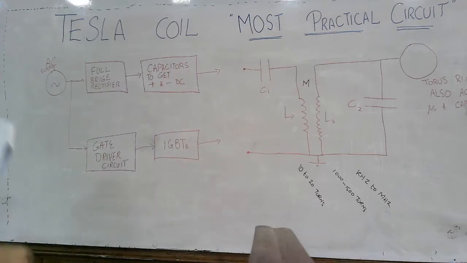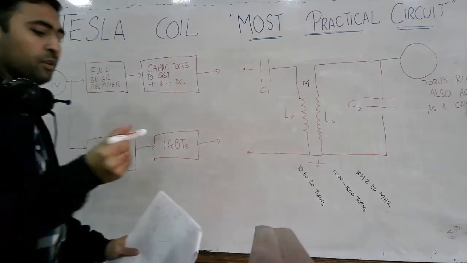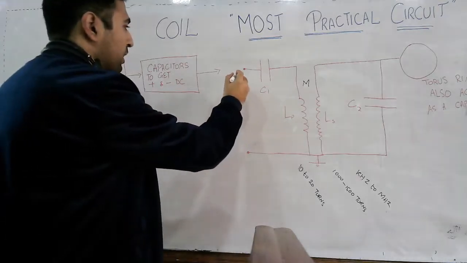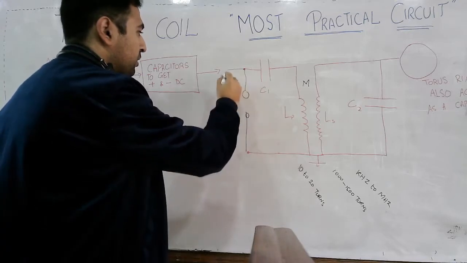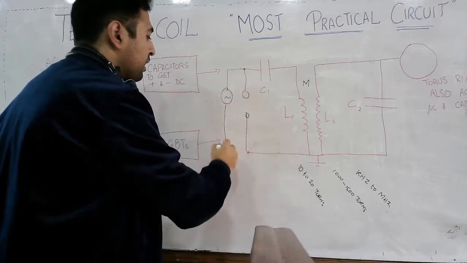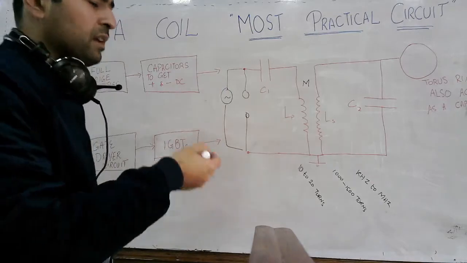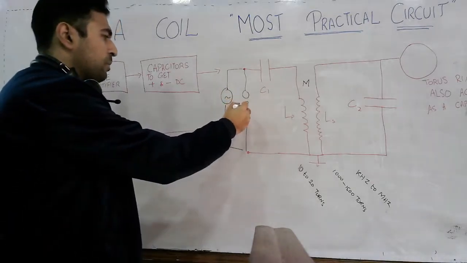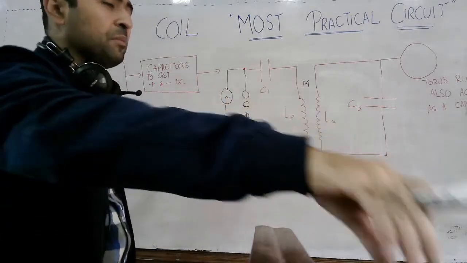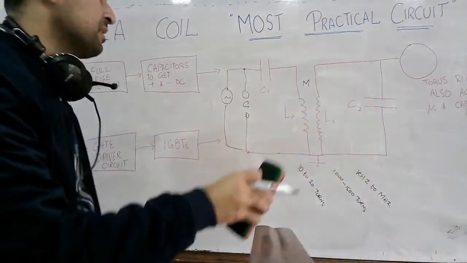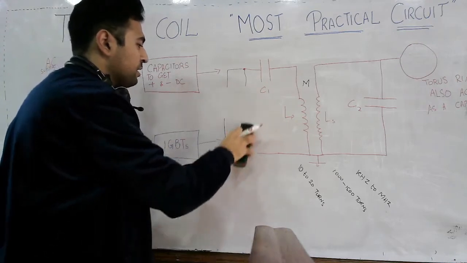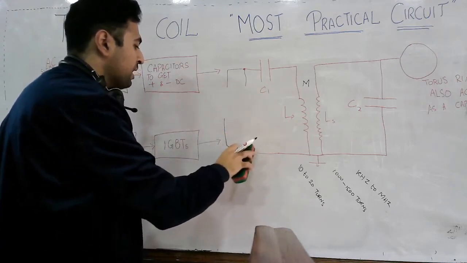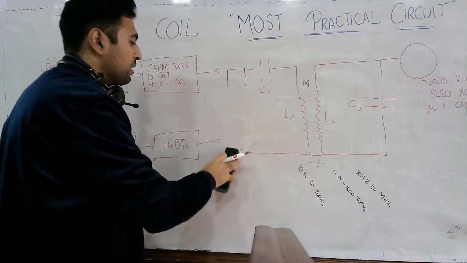Behind here is that we have an AC supply. In our previous lecture video, we had a spark gap here, and we connected an AC supply here, and that was a theoretical circuit. Although that circuit also works practically, it had several limitations, as I explained in the previous lecture video. So practically we don't have such an arrangement. We don't have a spark gap here, but rather what we have here is the